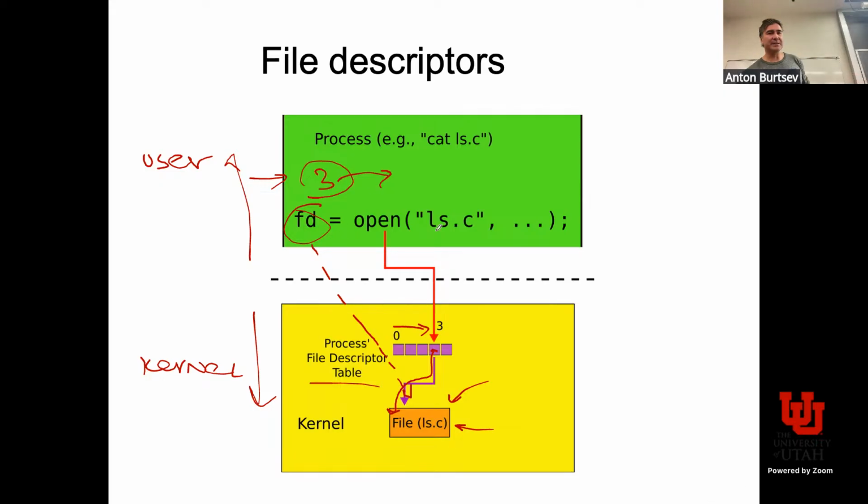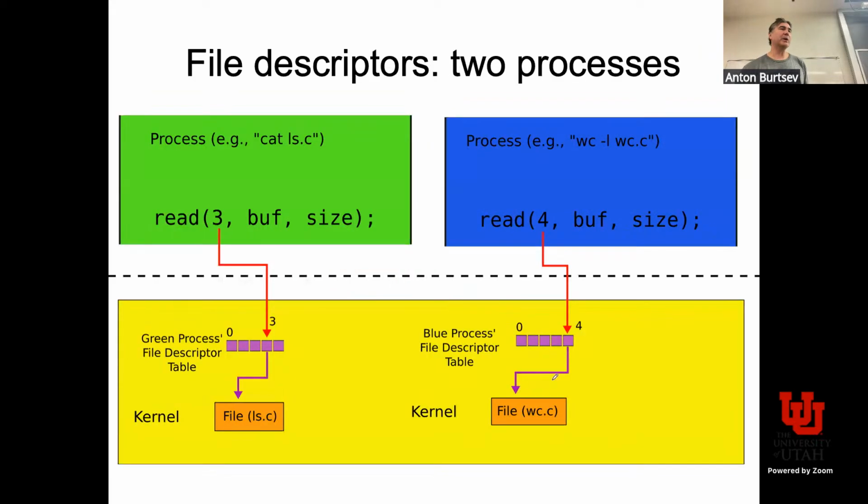This is how you isolate address spaces, and this number only makes sense in the address space of this specific process, because the other process will have its own file descriptor table. So, for example, here you're reading from number 3, which indexes in your own file descriptor table, which is per process, and then the file system figures out how to really read something from disk, based on this data structure. Here I can put 3 and it can either point to a different file or maybe to the same file. It doesn't matter, really. But in this example, each process will have its own file descriptor table.